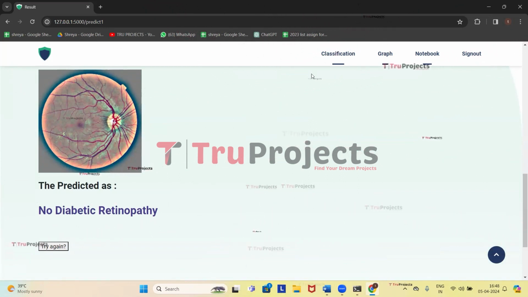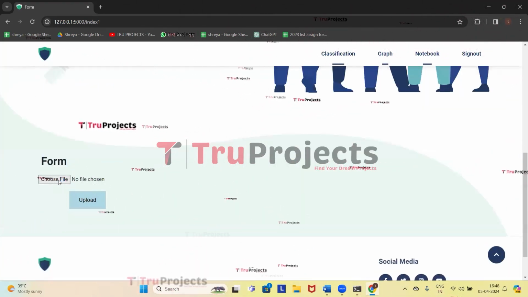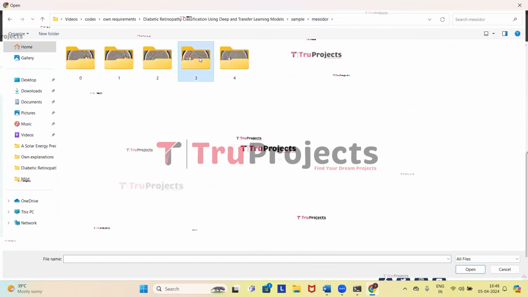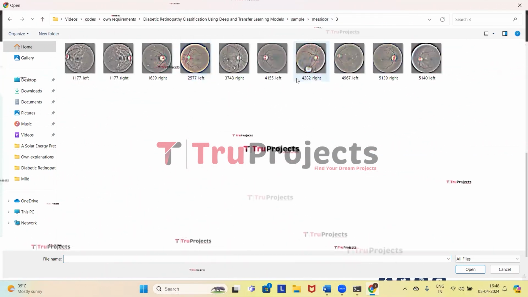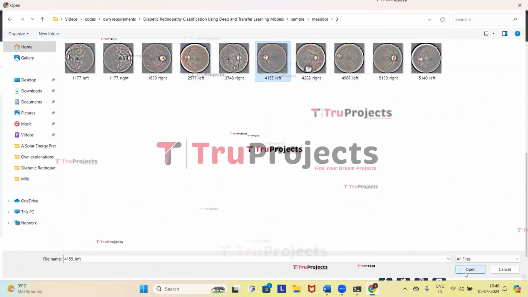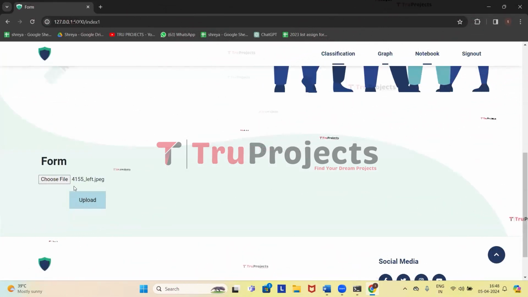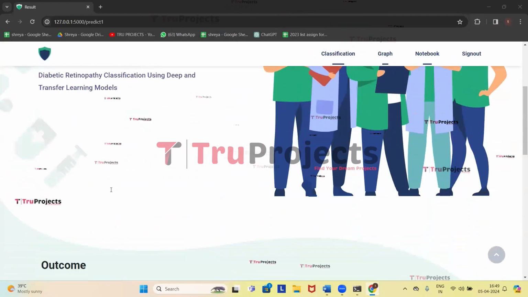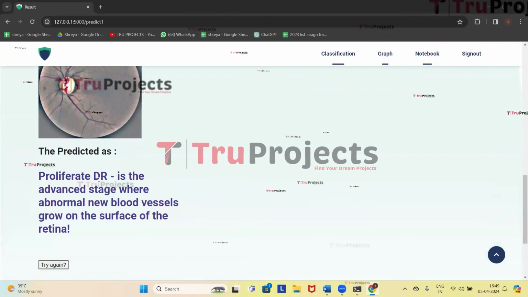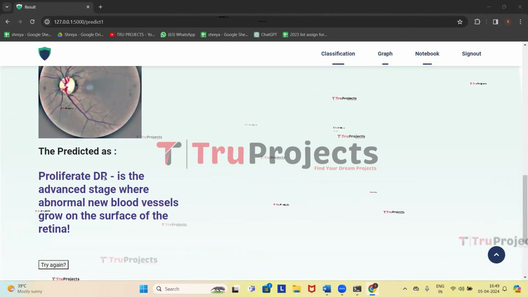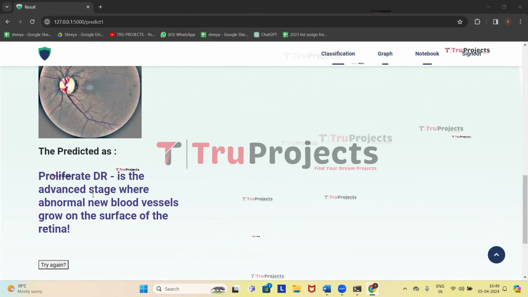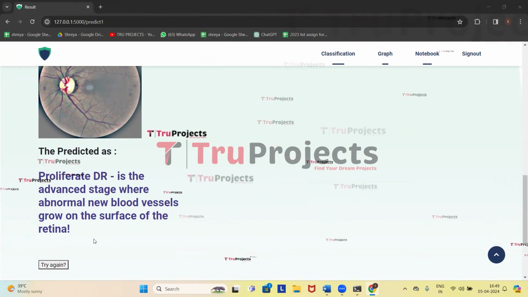Now we'll upload some more images from the same data set. Click on choose file. Now we will upload an image from the third class folder. I'm going to upload this image. Click on open. Here we can see that the image is loaded. Now upload it. Here for the uploaded image, it has predicted proliferative diabetic retinopathy. It is at the advanced stage where abnormal new blood vessels grow on the surface of the retina, where immediate action